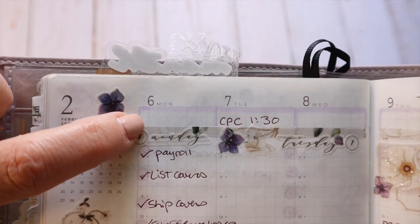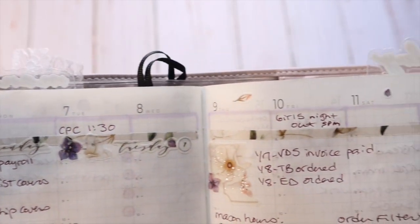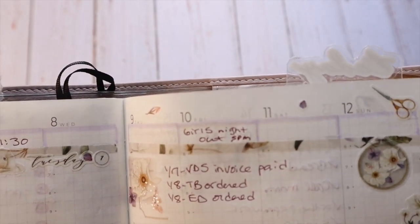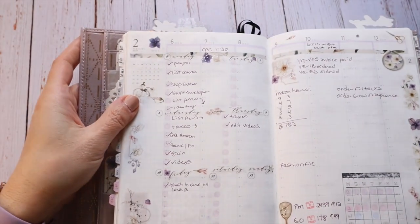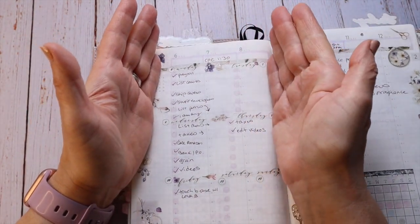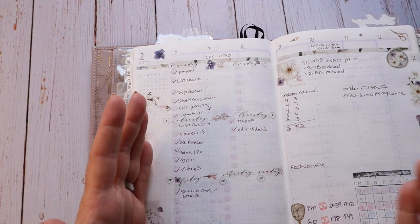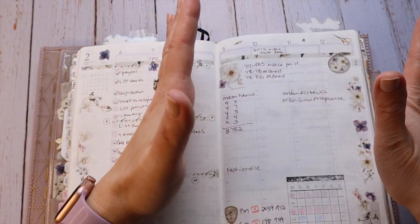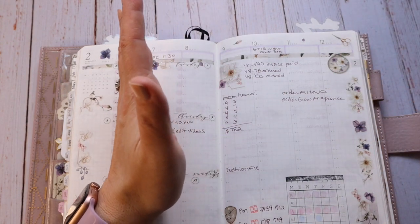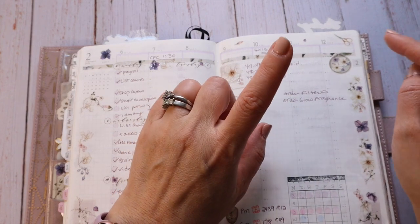I'm keeping the top 2 lines blocked out, and I'm keeping the dates on the top so that I can put my appointments up there, and then I'm keeping my left-hand side for my days and my to-do list, and then my right-hand side for any notes that I need to take throughout the week, no matter what it is, whether it's hours or it's